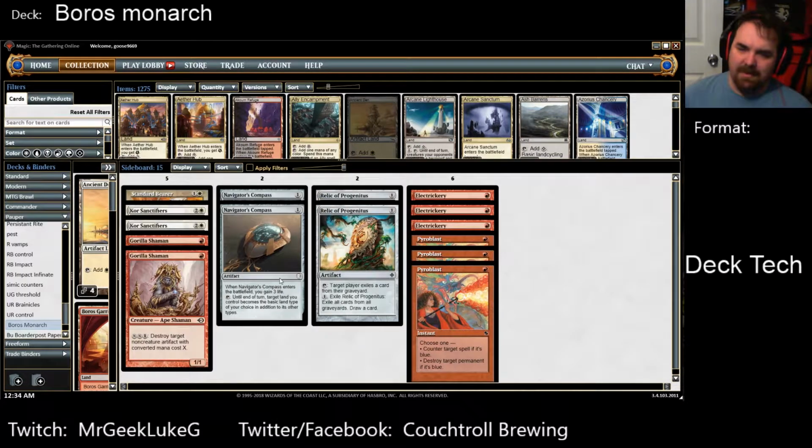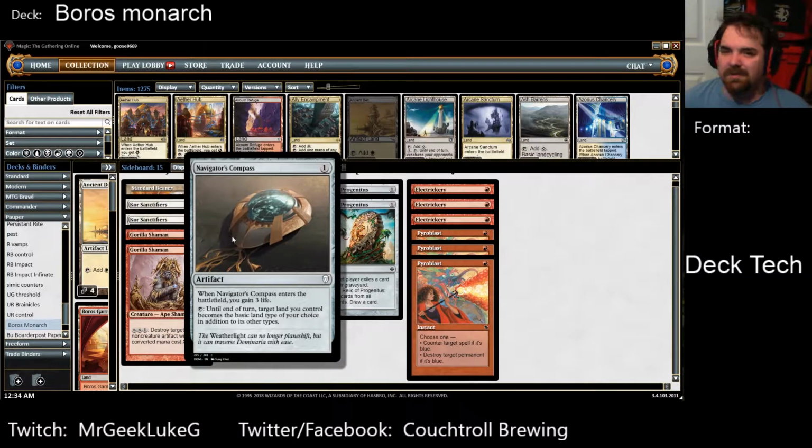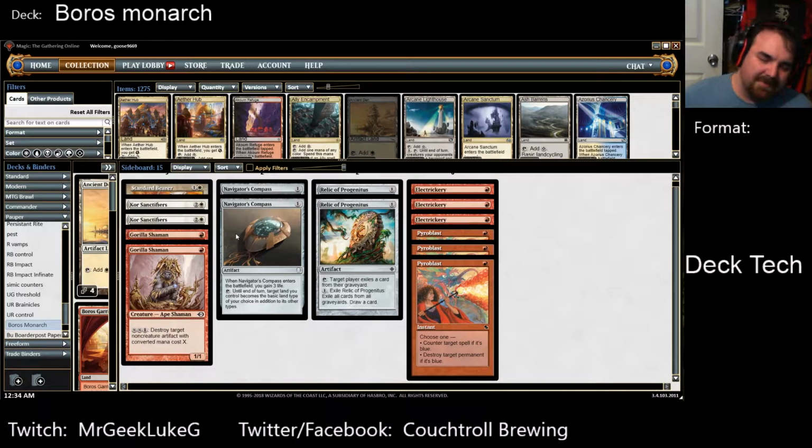And 2 Navigator's Compass. Typically, these are lone missionaries in the sideboard. Like, these are mainly brought in versus Burn and mostly aggro type matchups. But Burn has such prevalent ways to remove a 2 mana 2/1. Every spell in their deck, even an unlandfalled Searing Blaze, can kill it off the board. With the Navigator's Compass in that spot, you're gaining 1 less life, but it's protected versus a lot more than removal. So my theory is you can play it more, cycle it through more,